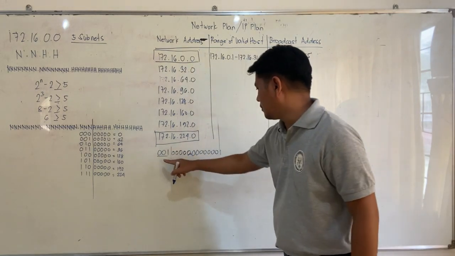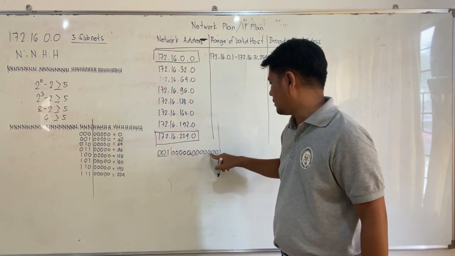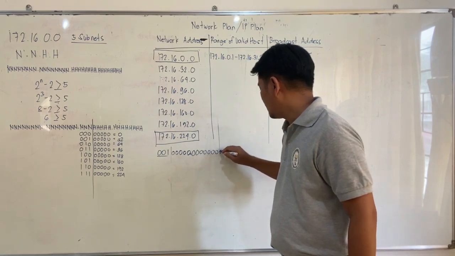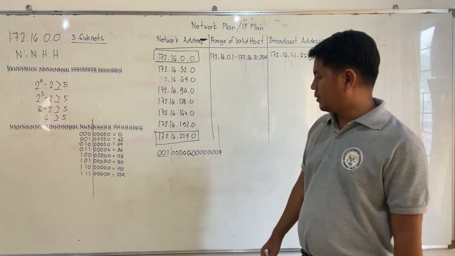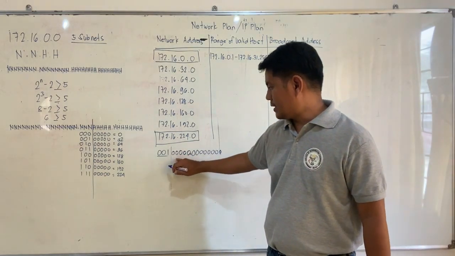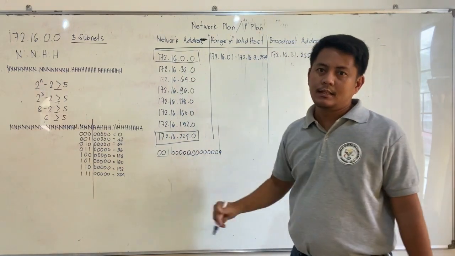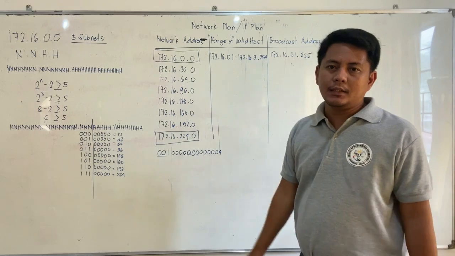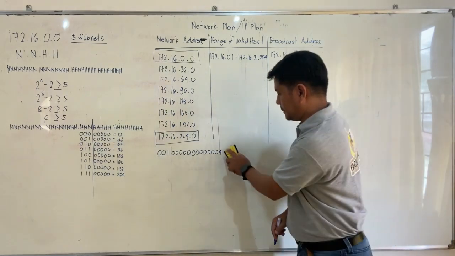So 1, 2, 3, 4, 5, 6, 7, 8. 1, 2, 3, 4, 5, 6, 7, 8. Alright. So this is equivalent to 32.0, which is our network address. Our first valid host address at this point will be,